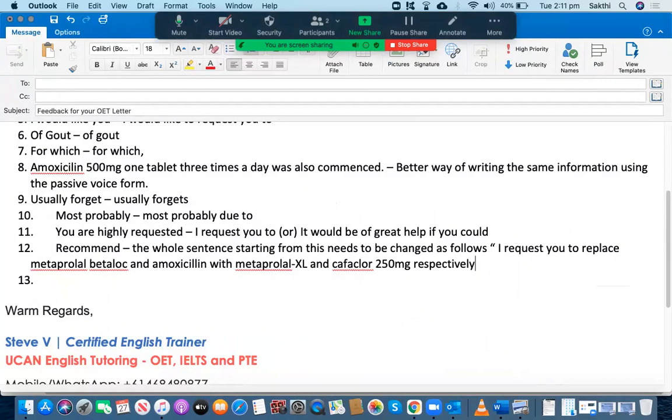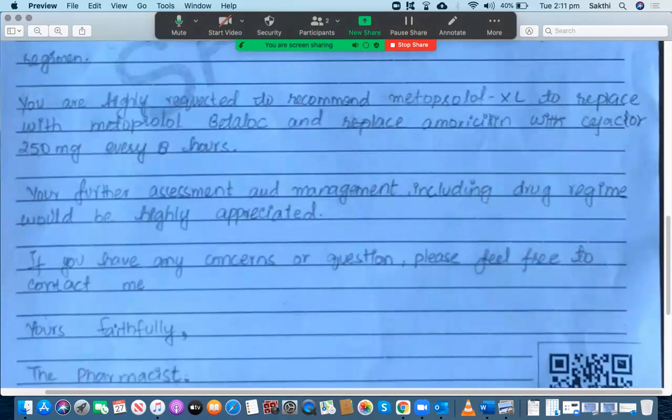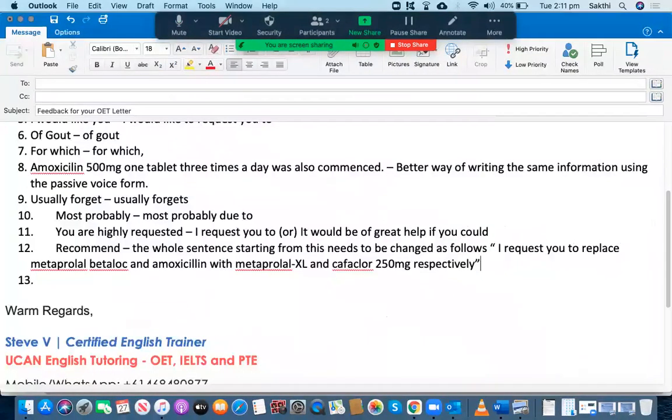One thing I would like to ask you is the frequency. Is that once every 8 hours, or what is this? I can't find it out. Is that every 8 hours? Both of them or only the second one? Only the second one. Okay, all right. You could have mentioned this one, every 8 hours, respectively. All right, so you can say, I request you to replace metoprolol Betaloc and amoxicillin with the metoprolol